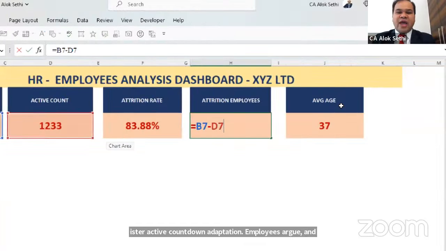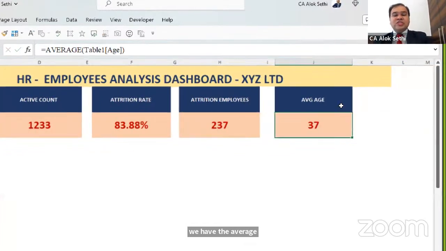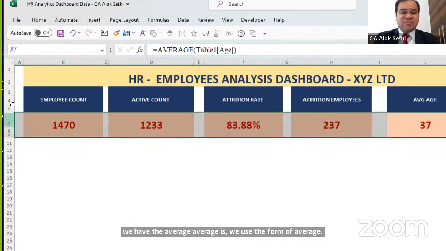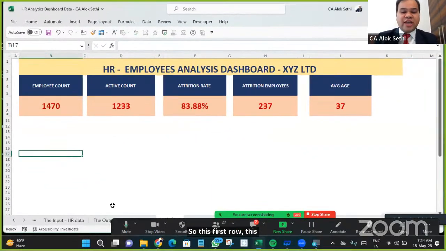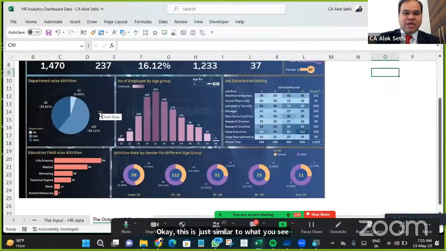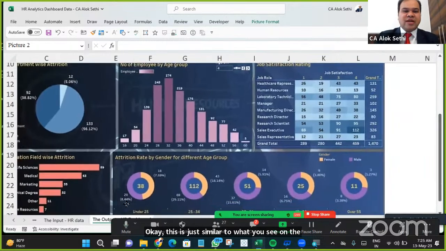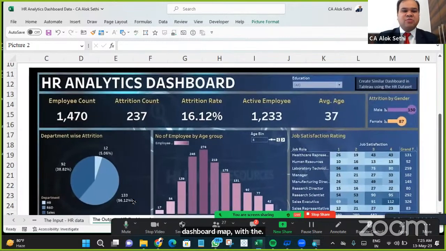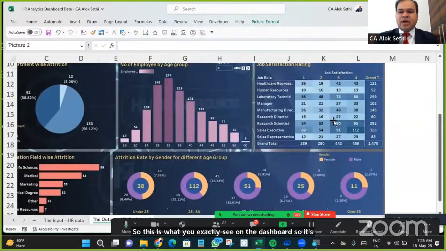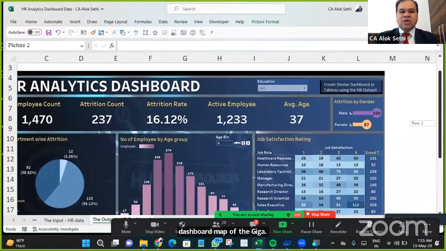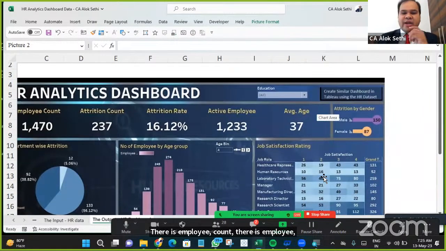एंड वी हैव द एवरेज एज, एवरेज एज के लिए वी यूज द फॉर्मूला ऑफ एवरेज। सो दिस फर्स्ट रो, दिस इज सिमिलर टू व्हाट यू सी ऑन द डैशबोर्ड, ठीक है। मैं आपको दिखा देता हूं एक बार और। So this is what you exactly see on the dashboard. So इस dashboard में आपको दिखेगा there is employee count, attrition count, attrition rate, active employee and average age. ये हमने फॉर्मूले की मदद से यहाँ पे लेके आ गए।